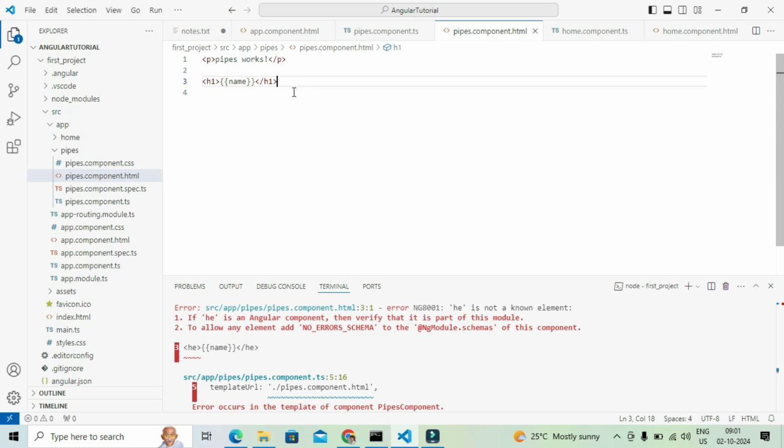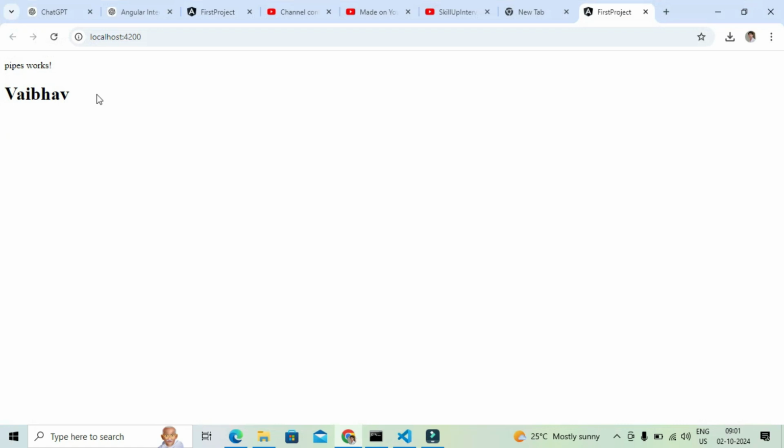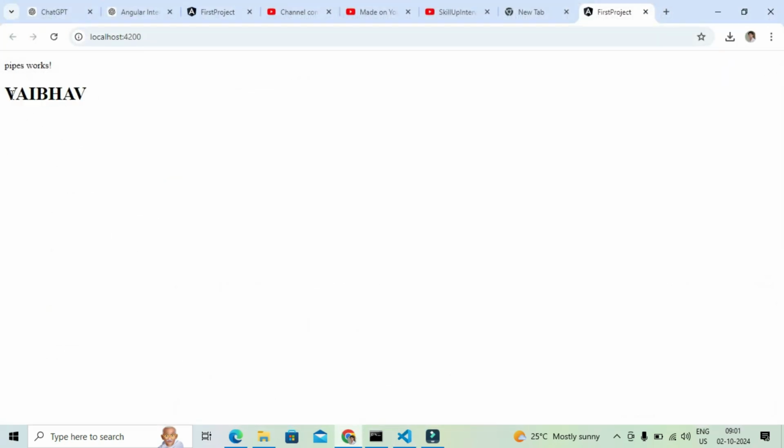If I save this and look at the browser, Vaibhav is printed here. Now I will use the pipe after name. If I use the pipe symbol and uppercase, Vaibhav will print in uppercase letters.